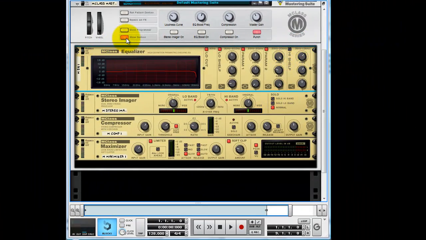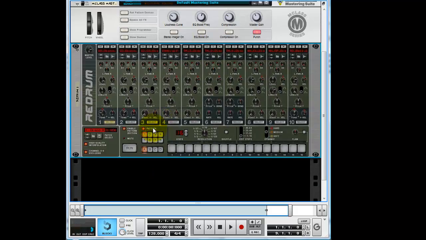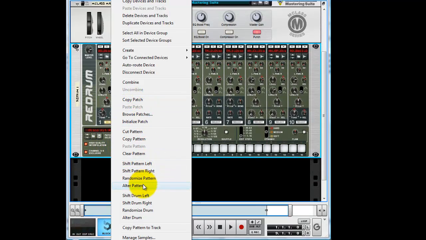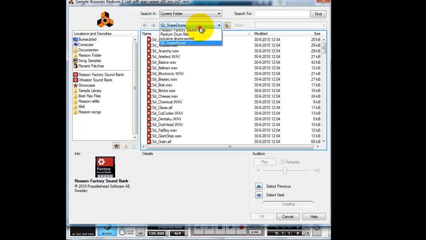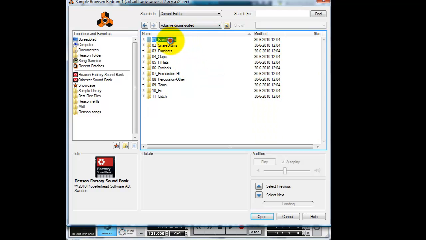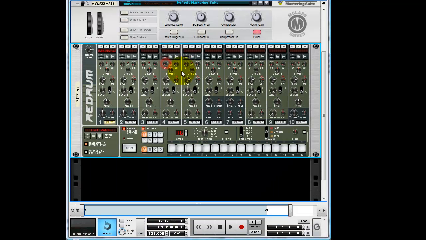So now we're going to put in a Redrum drum computer. This is for the sidechain. You hold shift when you do it, so it's not connected. You can check that by pressing the tab key. We initialize the patch. We go to the bass drum folder, and there's a Mary J bass drum sample. Put it in, put that on every step,